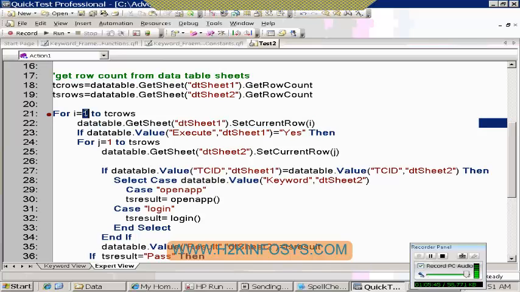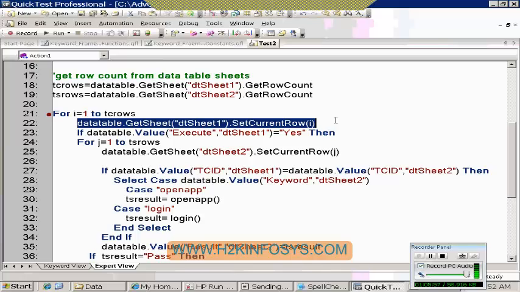Because obviously, what's the initial value of I? It's 1, right? That means here you are always setting the execution to start from the first row. So that's what set current row I does. The execution starts from the first row in the Excel sheet, in the test cases sheet. Okay,